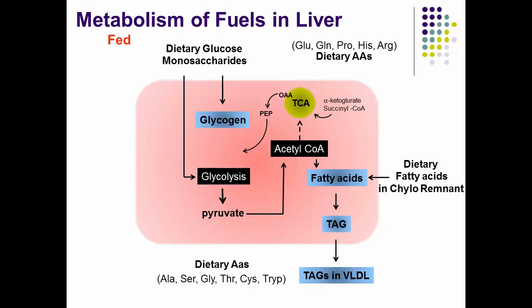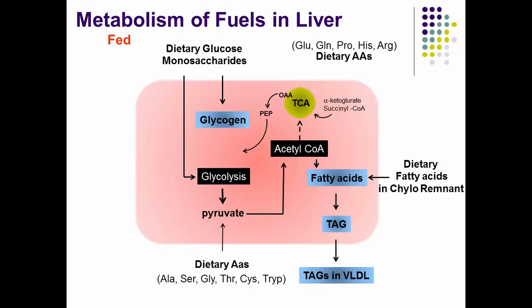So this is the secondary pathway for transporting dietary lipid to the adipose tissue for storage in the fed condition, right? And then